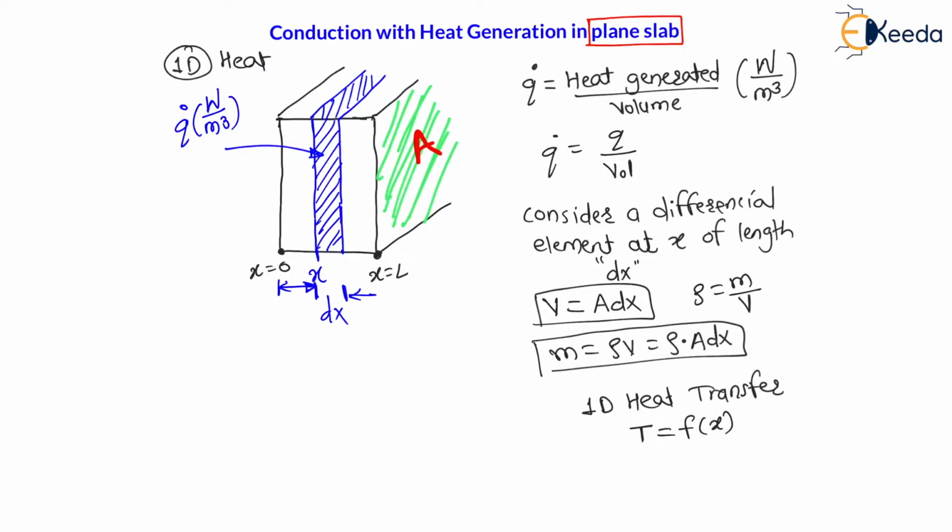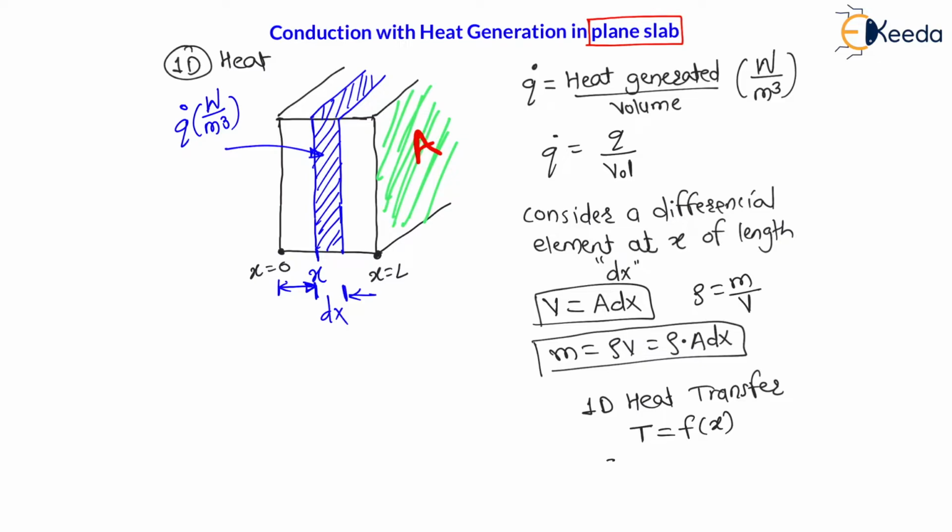There is conduction in only one direction, and after doing the calculation for one direction, the same result we will project for three directions, that is along x, along y, and along z, right? After calculation for one direction, projecting the same result for three directions is a simple case.